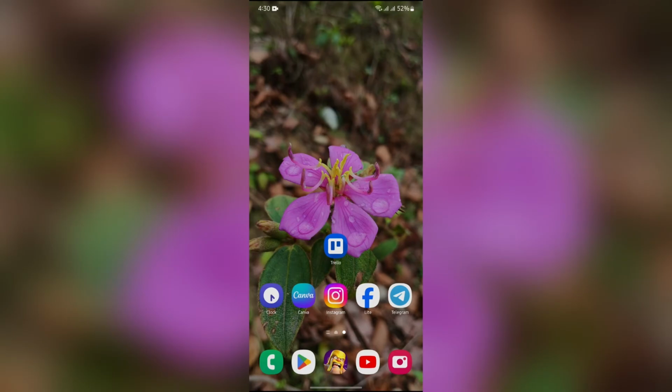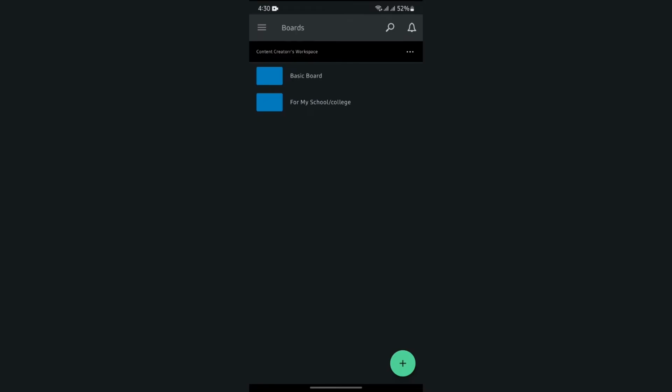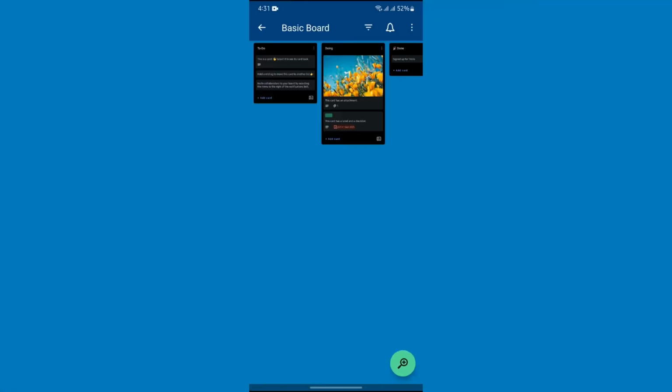Now, in order to see the archived cards in Trello, you just simply have to open your Trello application on your device, and after opening Trello, you will see this homepage. Now you just simply have to select the board in which you want to see the archived cards. For example, I'm selecting this basic board, and after that you just simply have to tap on this three dot menu